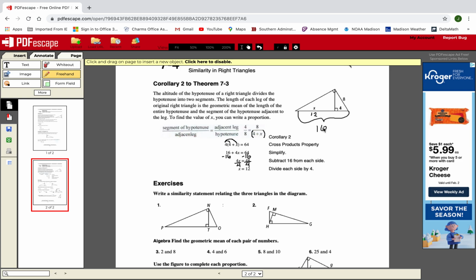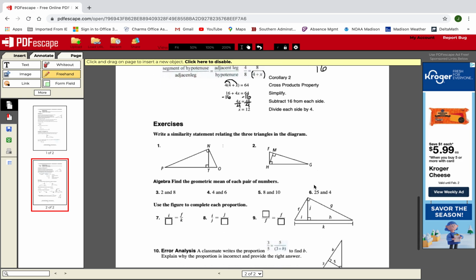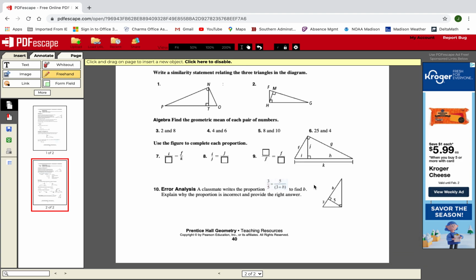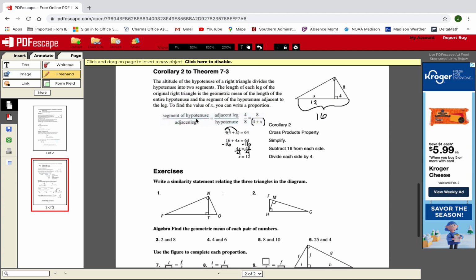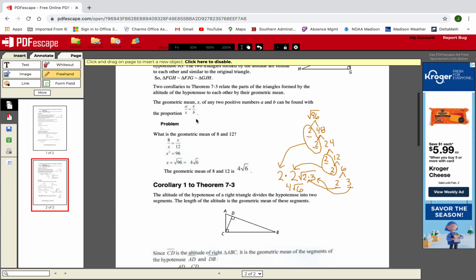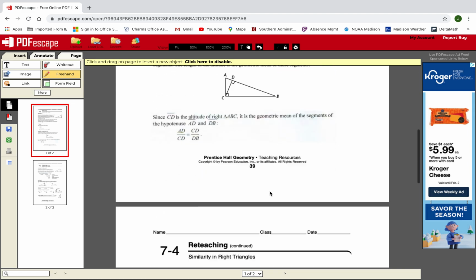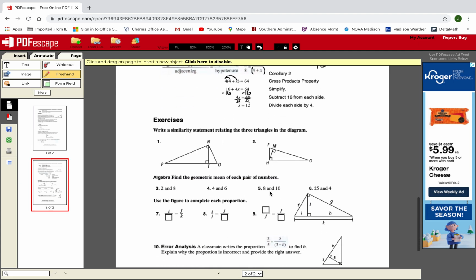Okay? All right. So in our exercises here, we're going to start by writing a similarity statement relating the three triangles in the diagram. So this is exactly what was done up here in this first theorem. This is the similarity statement that was comparing these three triangles. All right, so we're going to do the same thing down here. Starting with triangle, you can put a triangle symbol here. Triangle ONP